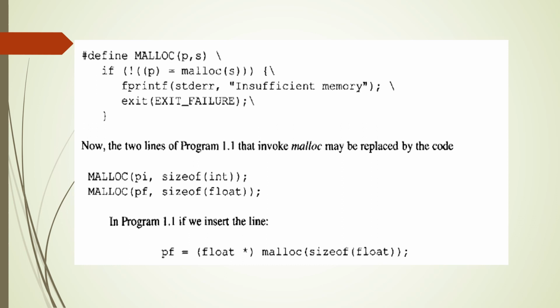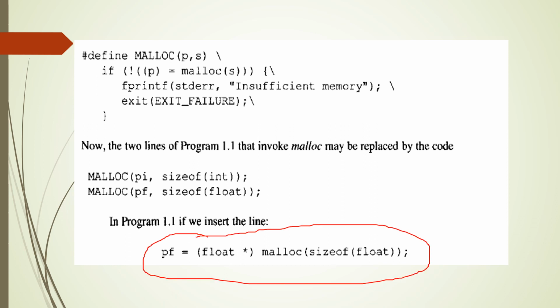So therefore, this entire statement in the previous program will be replaced with this. If instead of this statement you write malloc(pf, sizeof(int)), the transfer of the control will not happen. That means this particular statement will be replaced with this one. And if you have this statement, by that time it will not transfer the control. The compiler gets the definition of the malloc function to the place where you have the function call.